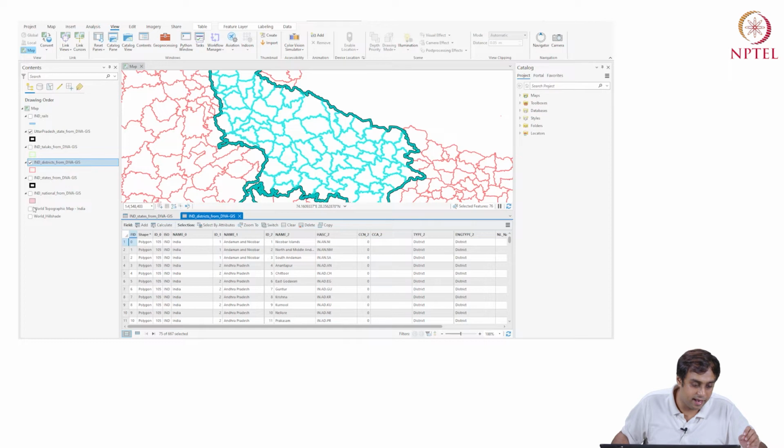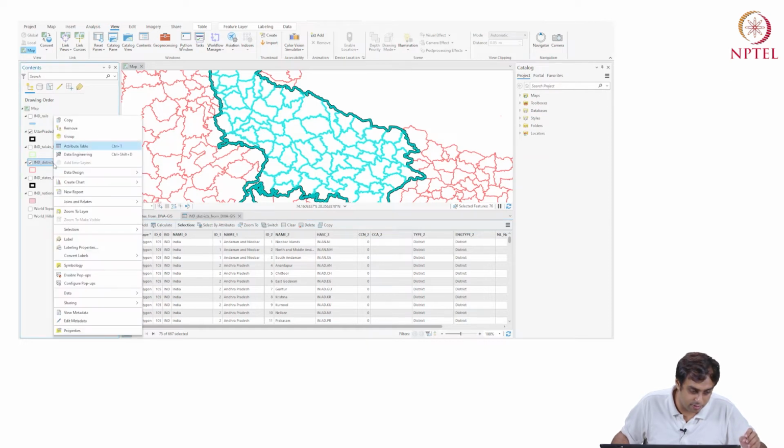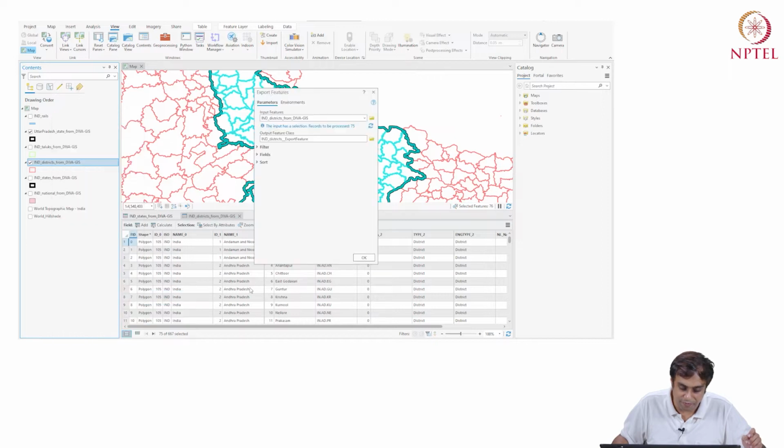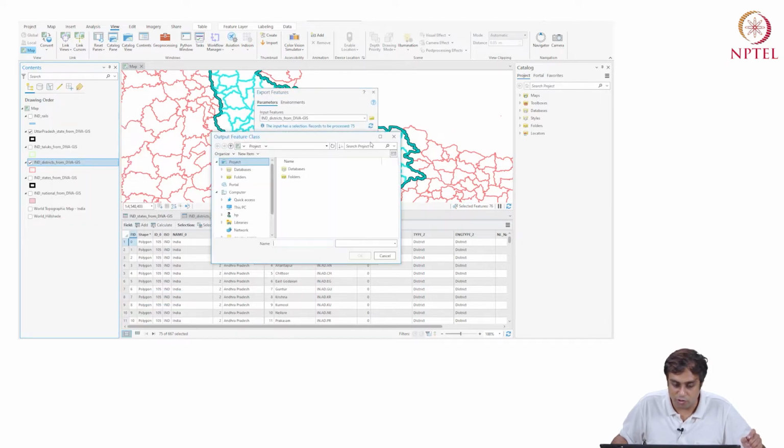Okay, I can again go, I can say right click, I can say data, export features. I want to change the name, I want to go to the folders, I want to go to my desktop. Yeah, so I can say Uttar Pradesh districts.